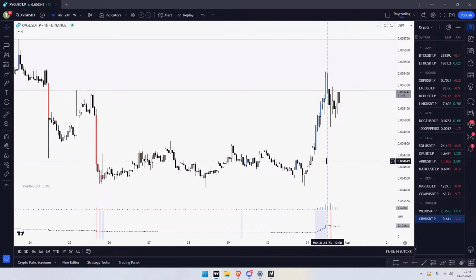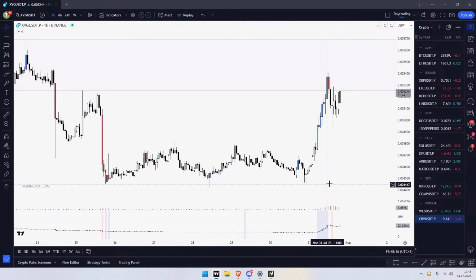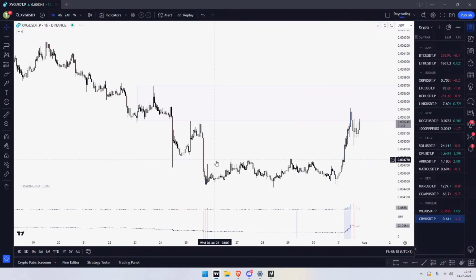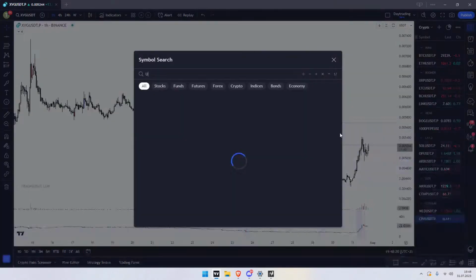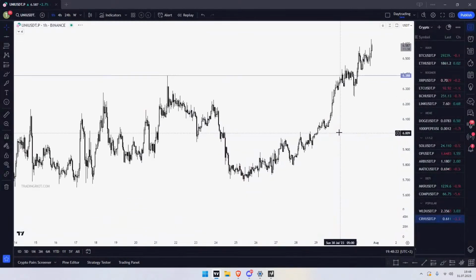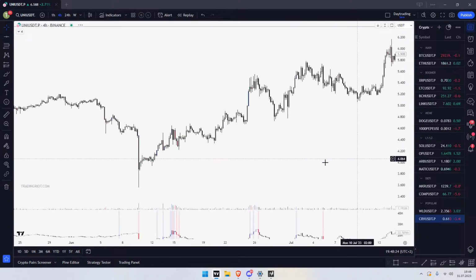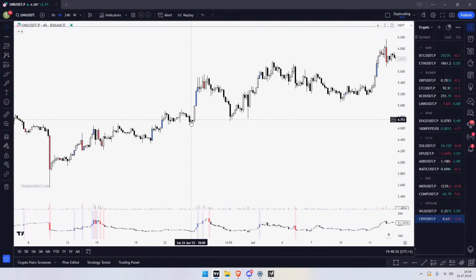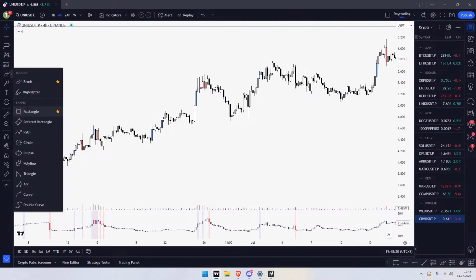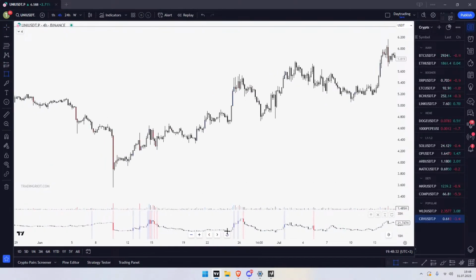Like the coins that have a normal volume, and people actually trade them, not something like this, which is completely useless. But you look at these kinds of situations where a lot of people are going to step in. You will create this type of zone where you had a large amount of buying. If I will be able to draw this, you will be betting on the fact that these people will